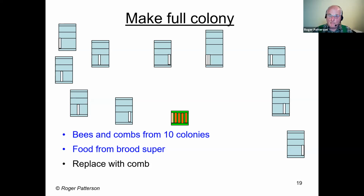If she does it more or less at the same time, what you've got in just under 3 weeks is a frame of emerging brood, or just over 3 weeks. But if you take it out of the colony you put it in and make up another 2-frame nuke with it, within a few days, certainly within a week, you ought to have an extra 3 frames of bees. So you can make up, with a little bit of knowledge, with a little bit of gumption, you can make up